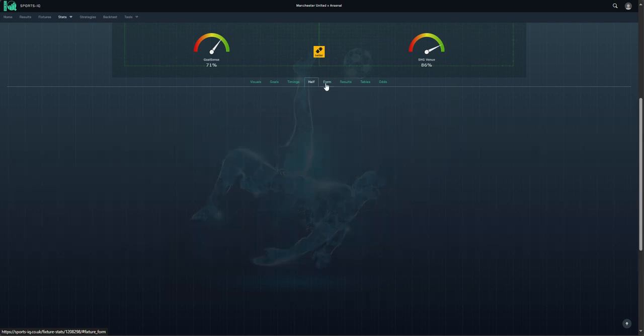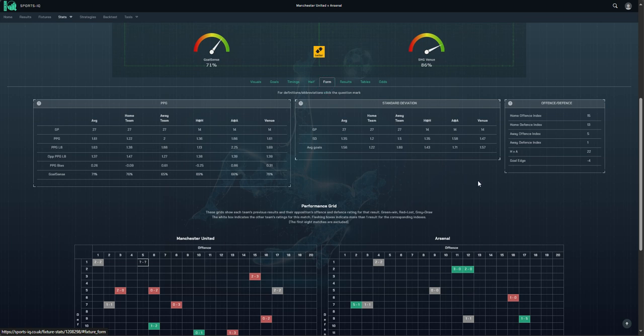Next we have the Form tab, and this is home to a tremendous new feature. First we have the points per game table, then the standard deviation table, and finally the attack-defense rating of each team. As we move along each tab, the data becomes increasingly powerful and adds more and more weight to the data to then build a picture of trends and be able to profile a match